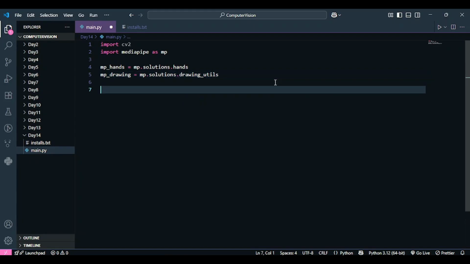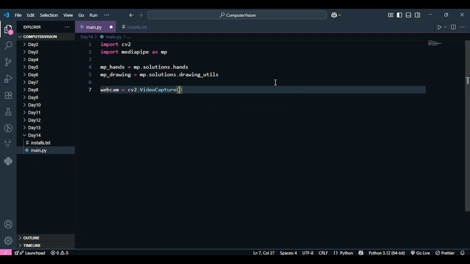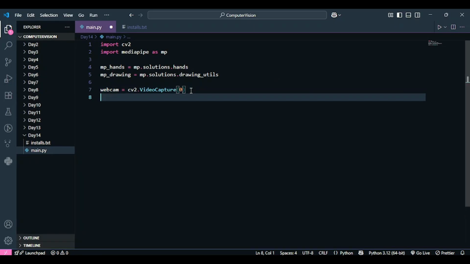The next important thing to do is to load your webcam and then read the frames from the webcam. So that's exactly what I'm going to do. I am going to call the variable webcam, and I am going to call VideoCapture to capture the webcam. Since I only have one webcam, which is by default attached to my laptop, I'm going to use 0 over here. But if you have more than one, then it depends. It can be 0, 1, 2, and so on.